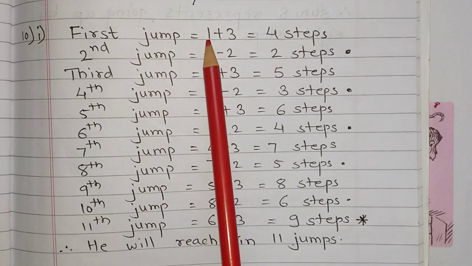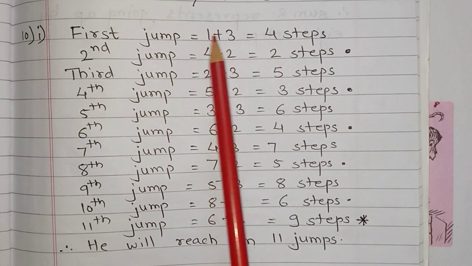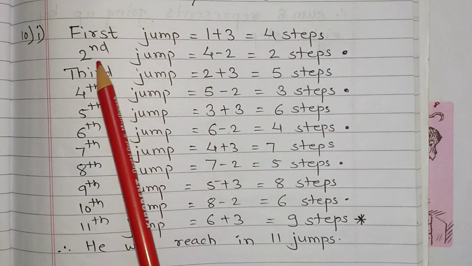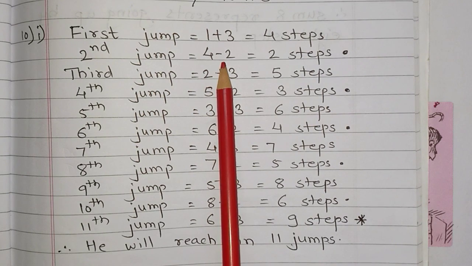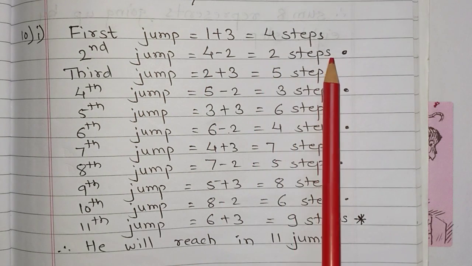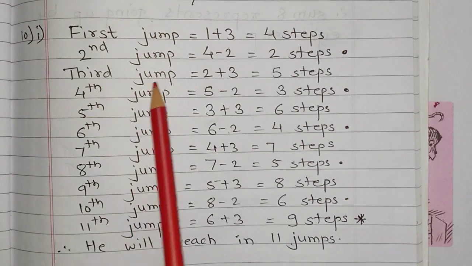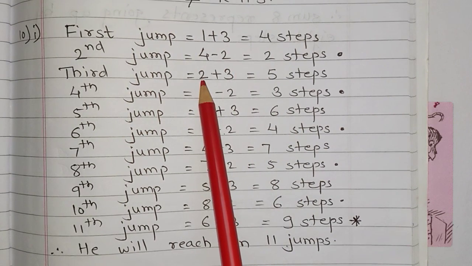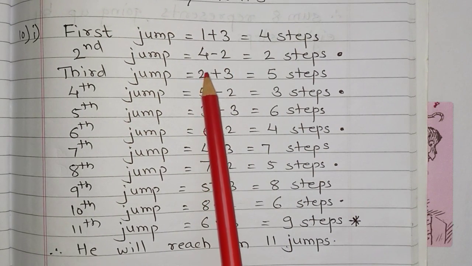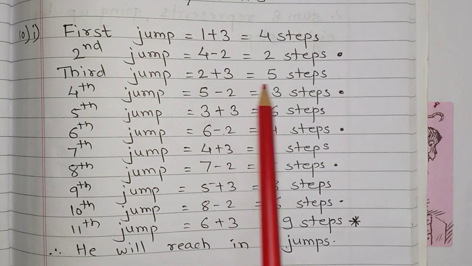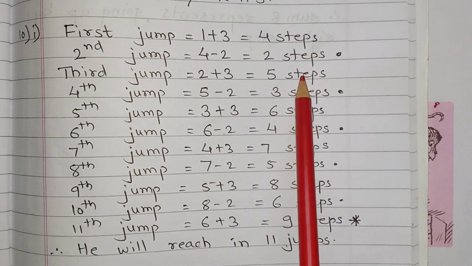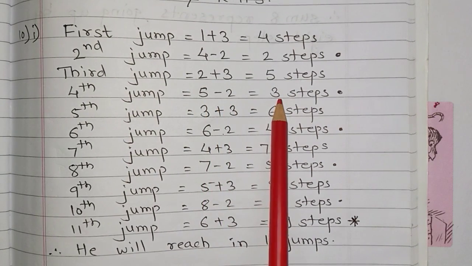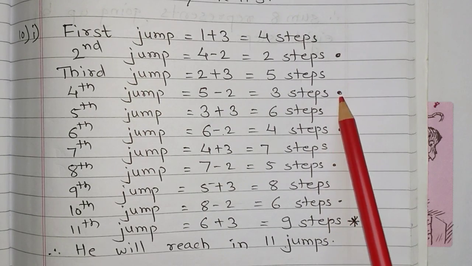Now in the first jump, he goes from the first step down 3 steps, so I have added them, that is he reached the fourth step. Now in the second jump, he comes back by 2 steps. So 4 minus 2, he is now on the second step. In the third jump, 2 plus 3. See, he was on the second step, so I have written second here, and he jumps 3 steps down. So 2 plus 3 is the 5th step, but again he comes back by 2. So on the 4th jump, 5 minus 2, it gives me 3. So he is now on the 3rd step.